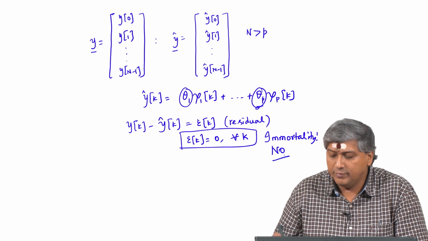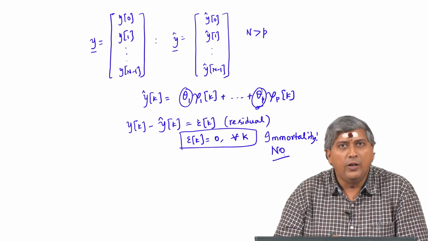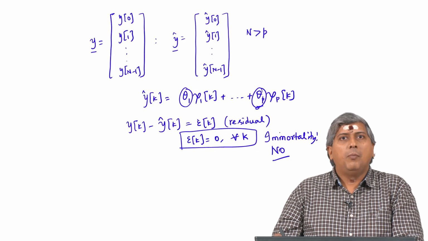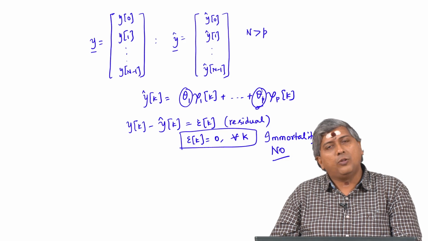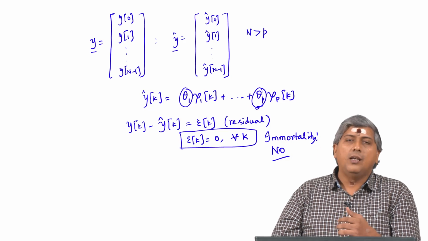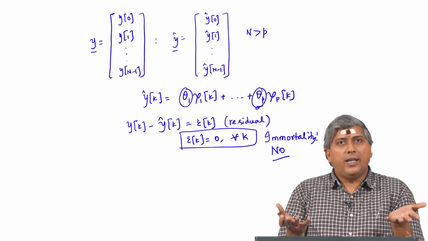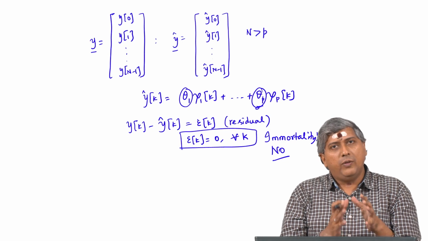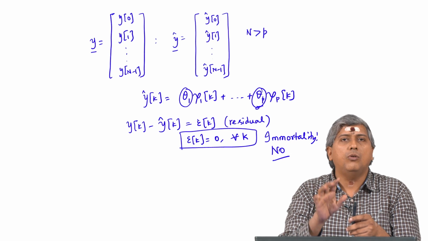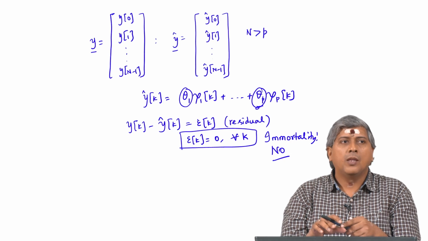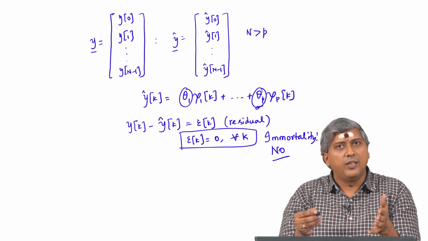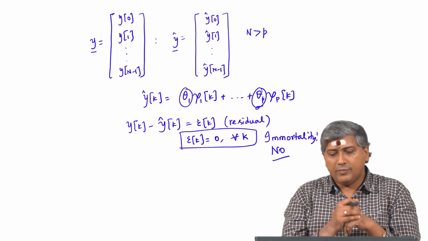No, not possible. You can do this for p observations, not for all observations. But the problem is, then what happens to the error for the n minus p observations? That shoots up, that is going to be non-zero, because with p regressors I can only get the error to be 0 at p observations. The n minus p residuals will still be in error.